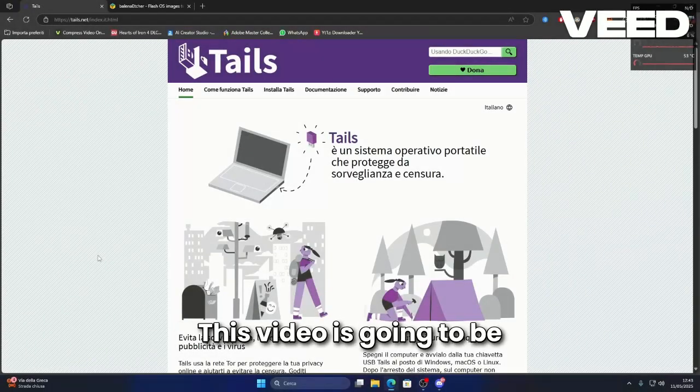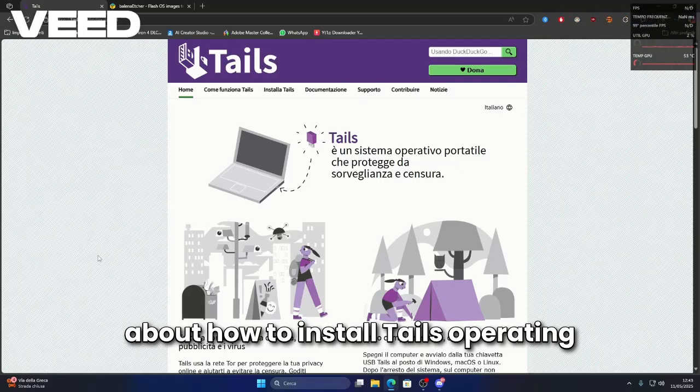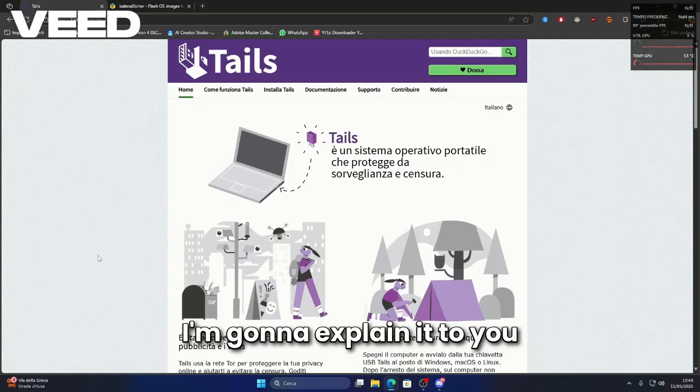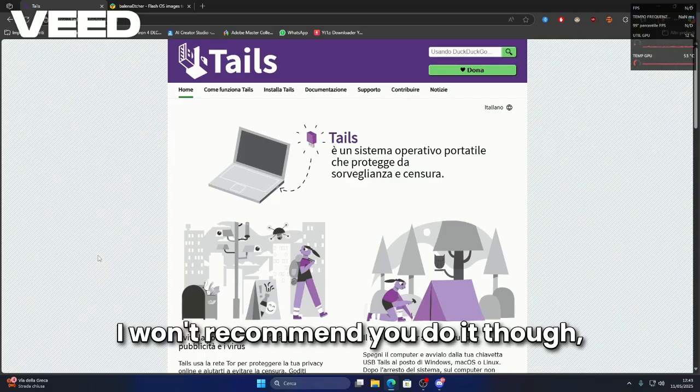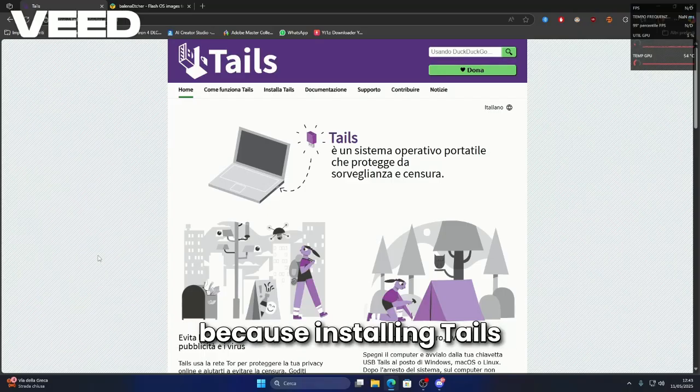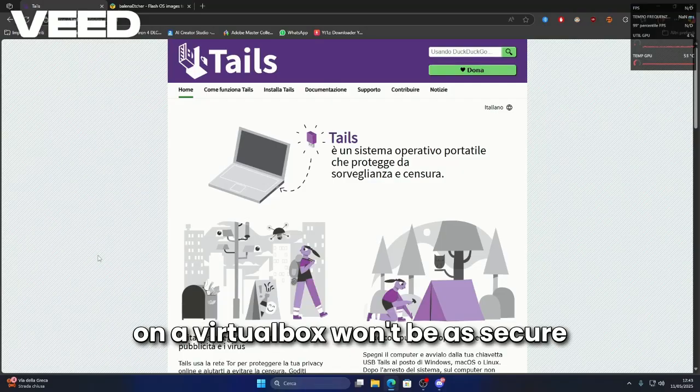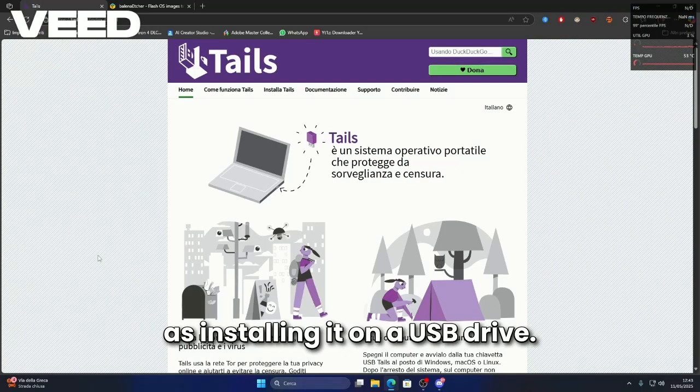This video is going to be about how to install Tails operating system on your computer. I'm going to explain it to you by installing the Tails OS on my VirtualBox. I won't recommend you do it though, because installing Tails on a VirtualBox won't be as secure as installing it